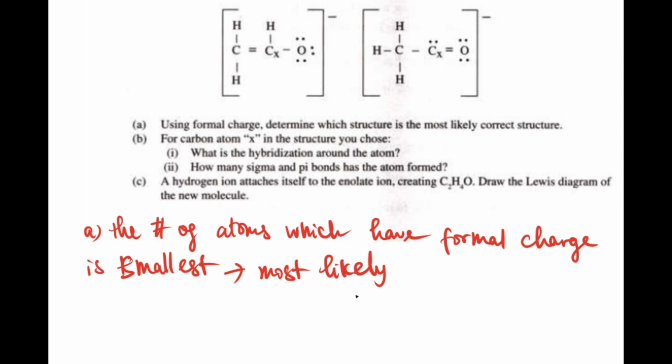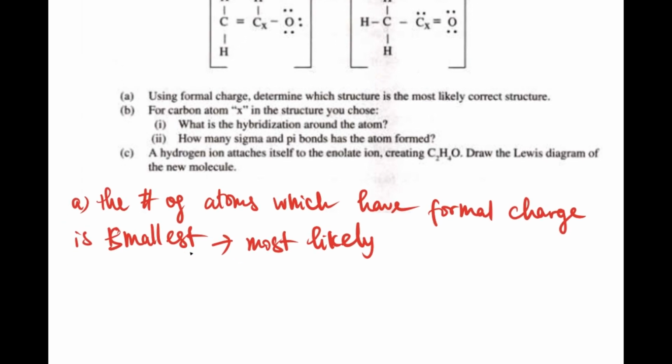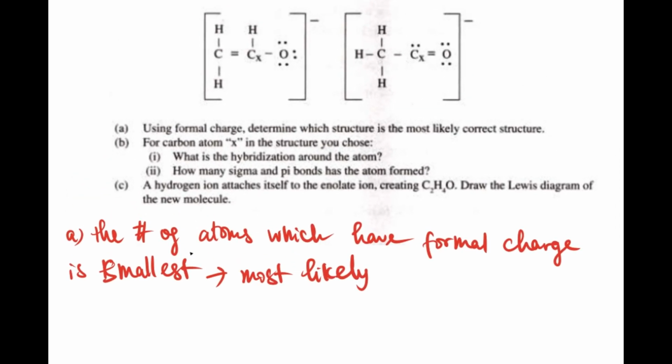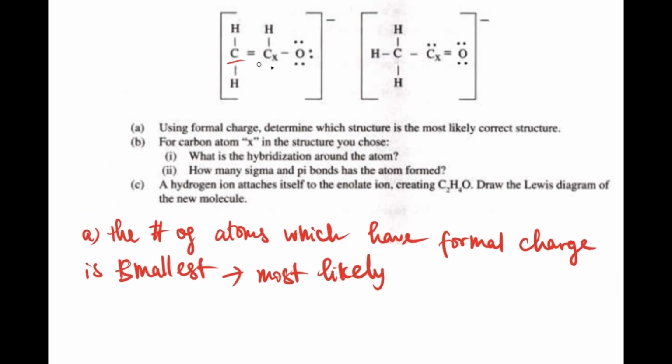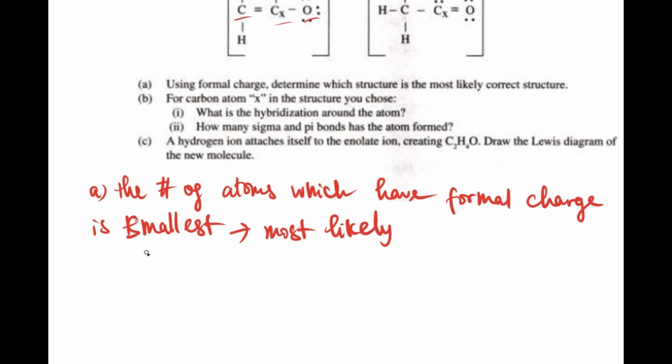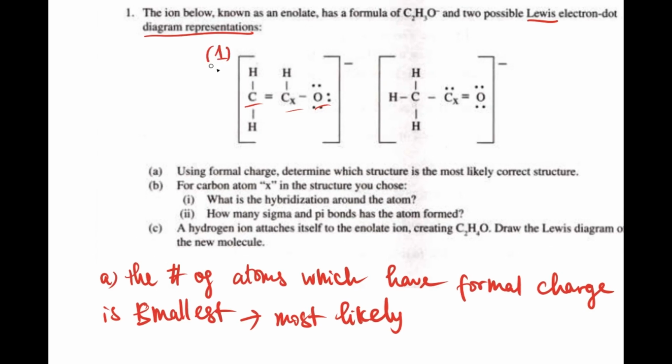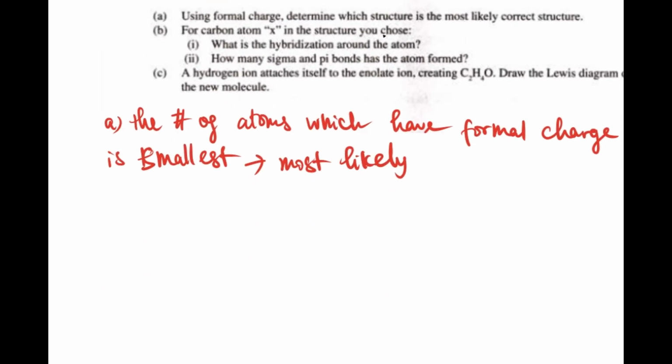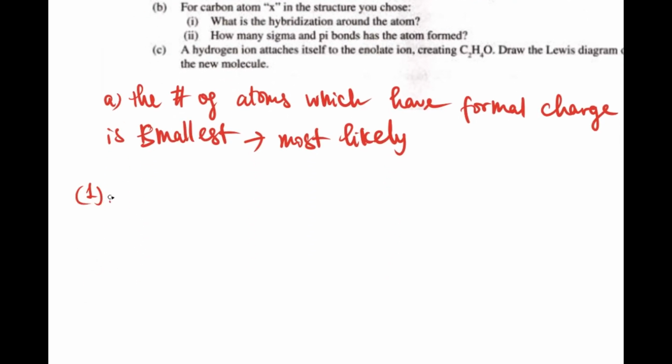Because in these two diagrams, you can see that the hydrogen is represented the same way. They're both bonded with a C, so we can skip it out for now. And so we're going to consider the 2C and the oxygen only. Okay, so I'm going to call this the first and the second Lewis diagram. Okay, and in the first diagram, you can see that